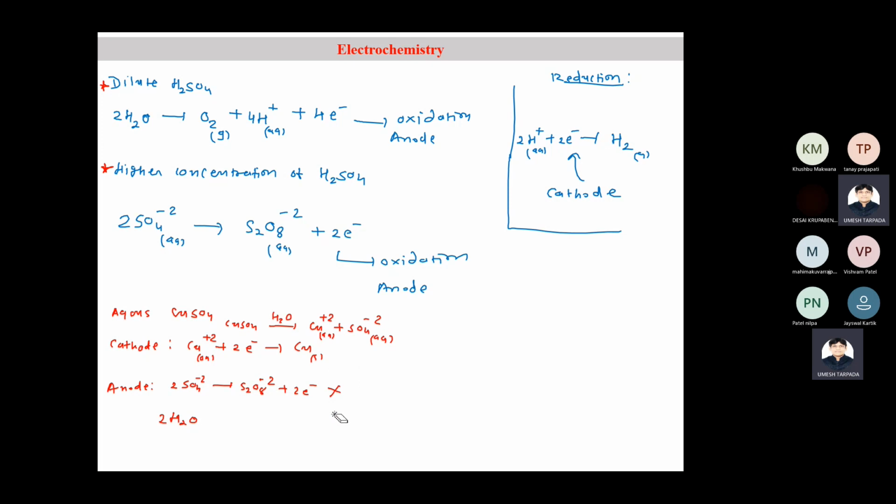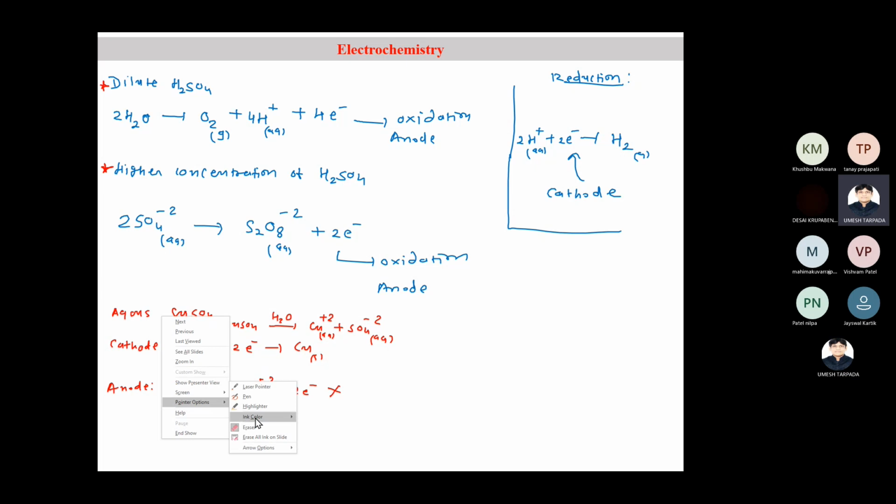So water may undergo oxidation to give SO4 minus 2, no, oxidation is difficult. So instead of that, water may undergo oxidation to give oxygen as the product plus